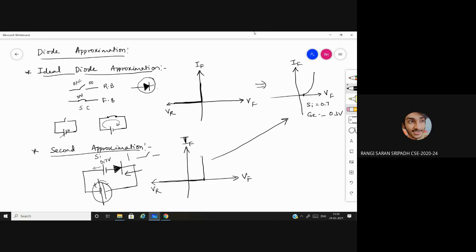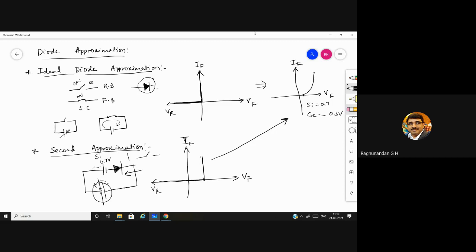Sir, I guess in the first case there is a gradual increase in the current, but in the second case, it increases at once. Yes, good. See, you know the answer, you just share it. Here there is a sudden rise in current, but here there is a gradual rise in current. It is a slope, but here we have a vertical straight line. So a vertical straight line is not going to match our VI characteristics.